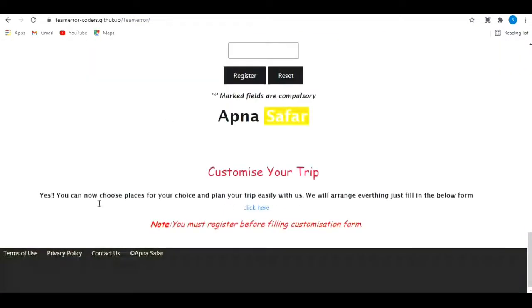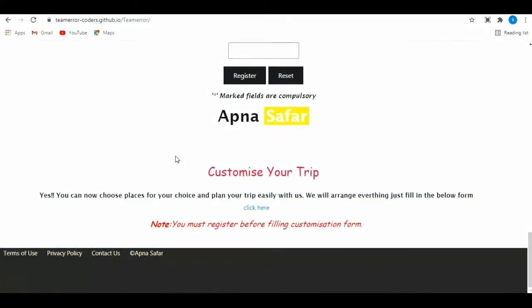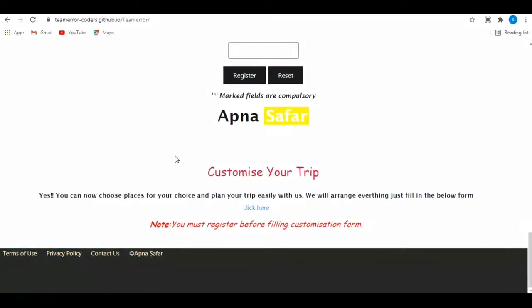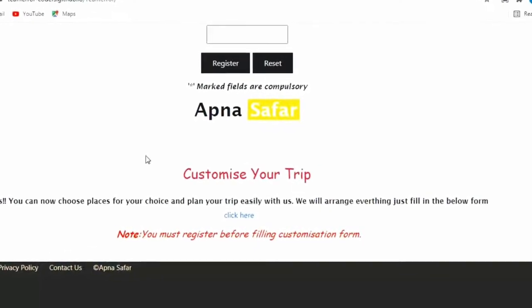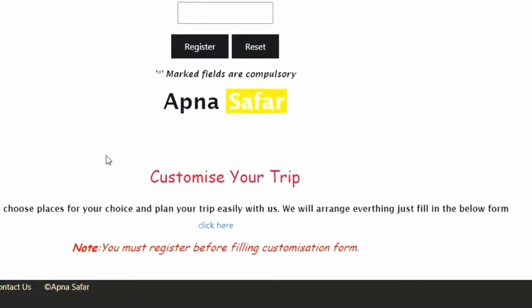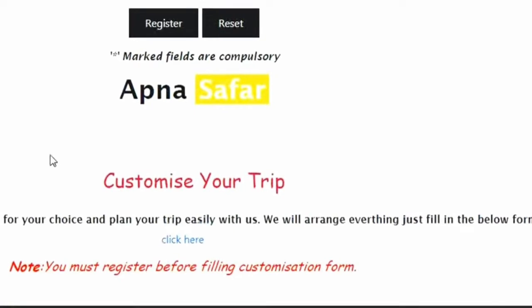Yes, you heard it right. We have given a customization form. We have given a link to a customization form to the user wherein they can customize their places and their trips. If somebody wants to have a regional tour, then they can go for that too. And if somebody wants to have only a hill station tour, then they can do that. We provide full freedom to the user to customize their trips on their own by filling a customization form. So I think this is the unique and most interesting part of our website.